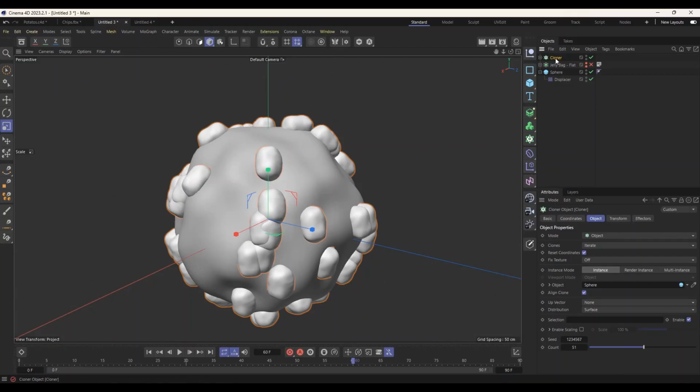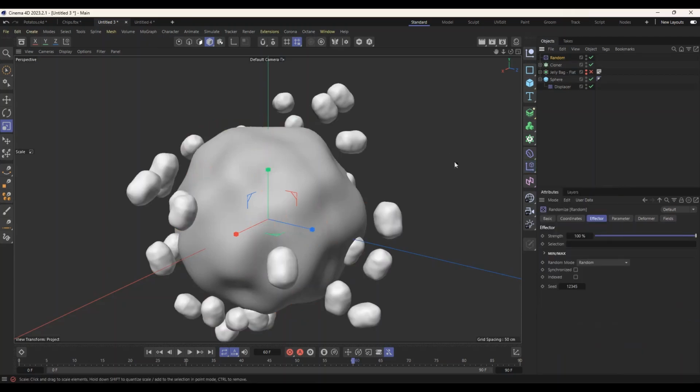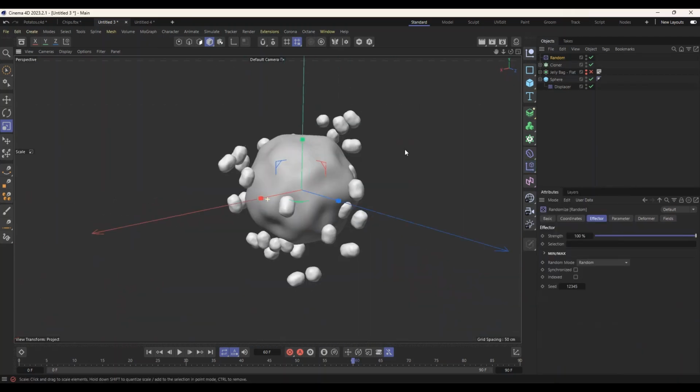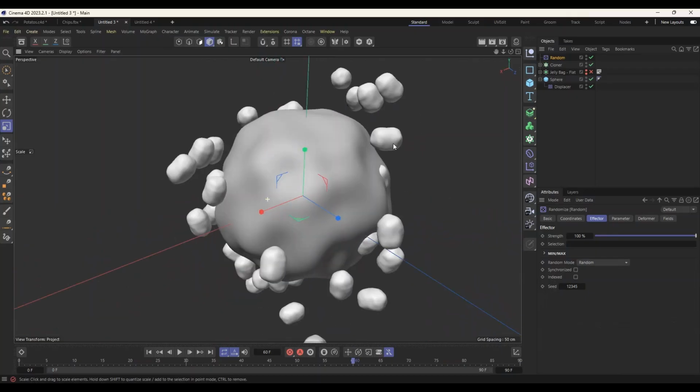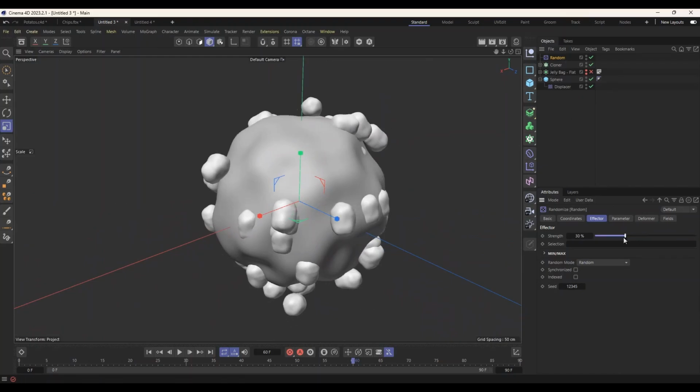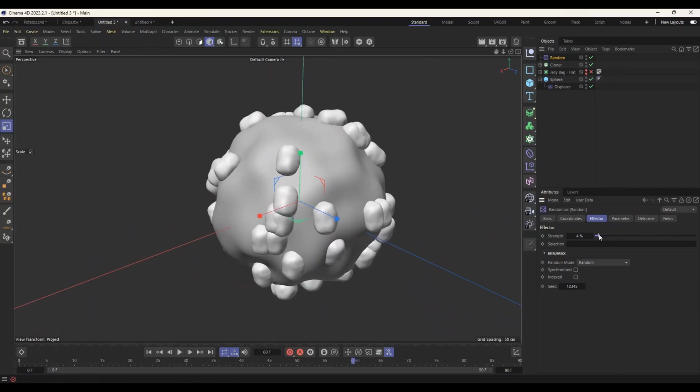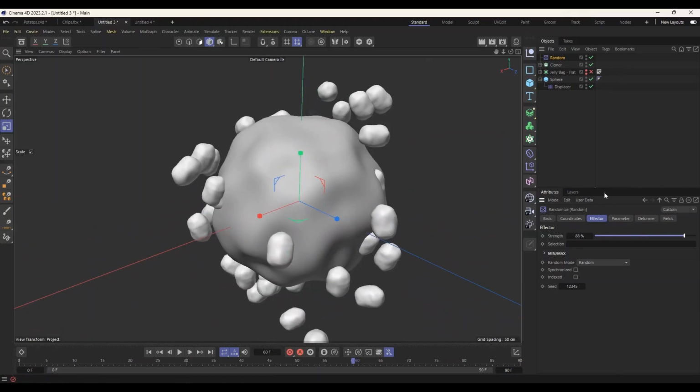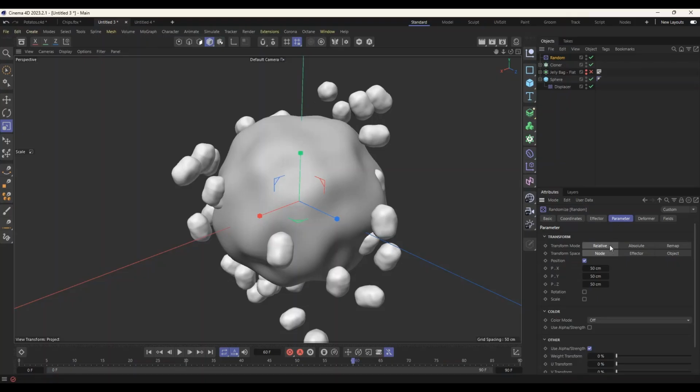And so we'll click on our cloner, and way down underneath the bend icon we click and hold on the next icon and we look for random. And so when we click on random, you will see that something is happening in the scene, and this is still not what we want. And so we are going to our attributes panel. We can increase the strength here, but still that's not what we want. So from the attributes panel we'll go to parameters and then zero out